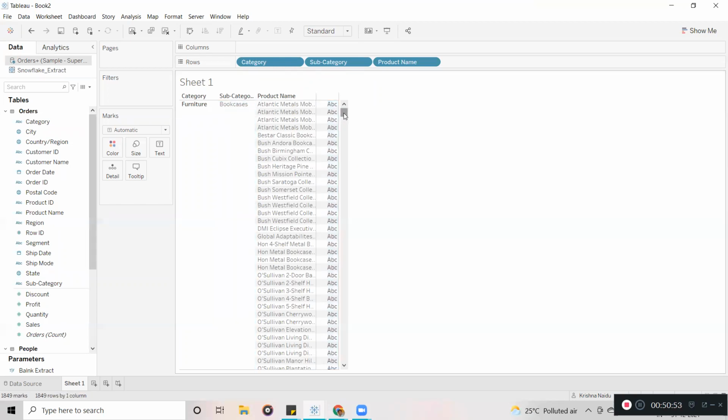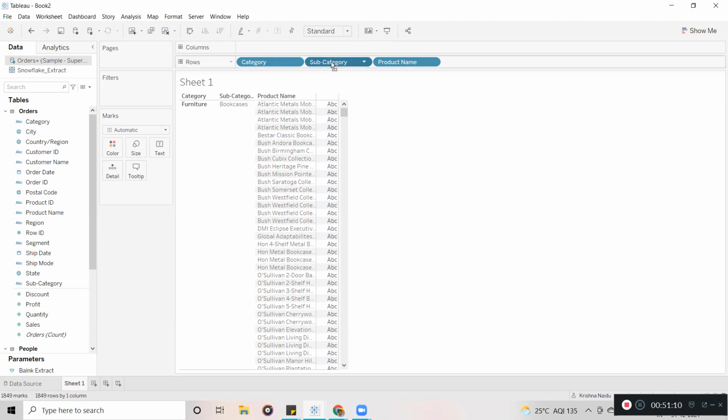Now the customer wants to see either profit or sales by each category first of all. After that, he wants to see how each subcategory is performing. Then he wants to see the data product name wise.